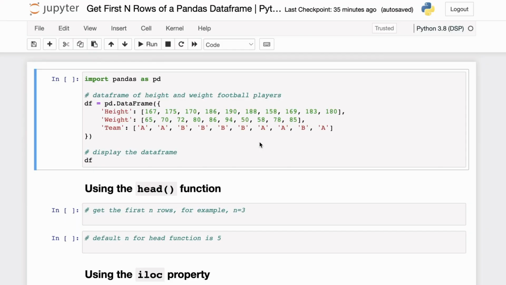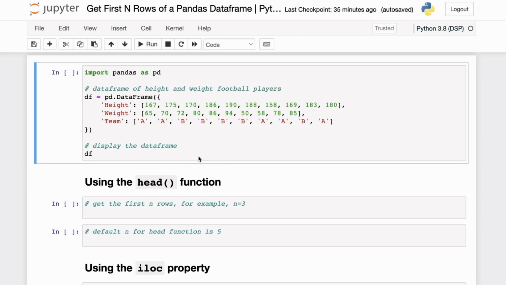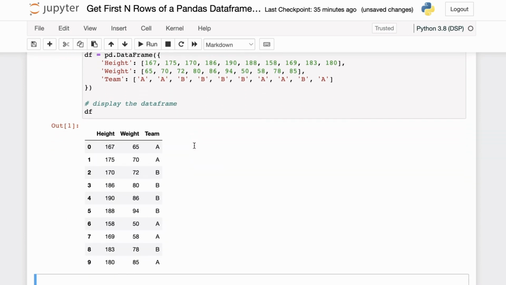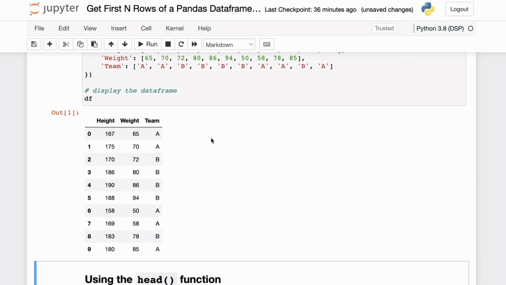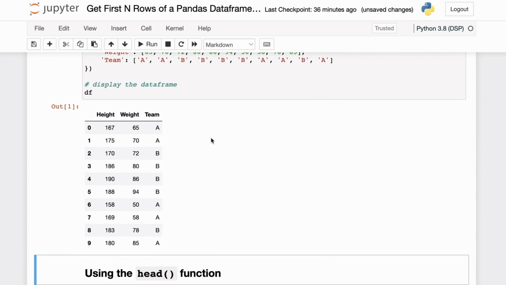You are given a pandas data frame and you want to get the first n rows of the data frame. Let's say we have the following sample data frame with 10 rows and 3 columns. You can see that the data frame has 3 columns: height, weight, and team. The data frame basically includes information about athletes competing in a local regional tournament with their height, weight, and the